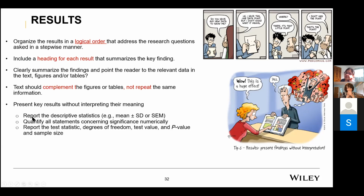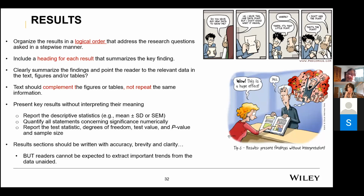And then, of course, when you're presenting your results, it is expected that you will report descriptive statistics. You will quantify all your statements, more or less. It doesn't apply anymore to say just that there is a difference. You have to quantify the fold differences. If you are calling it, what is the effect size, right? So you have to quantify your differences. Report the statistics, the degrees of freedom, test values, as many details as you can add, the better your chances of getting published. Results sections should, above all, be written with accuracy, brevity, and clarity,